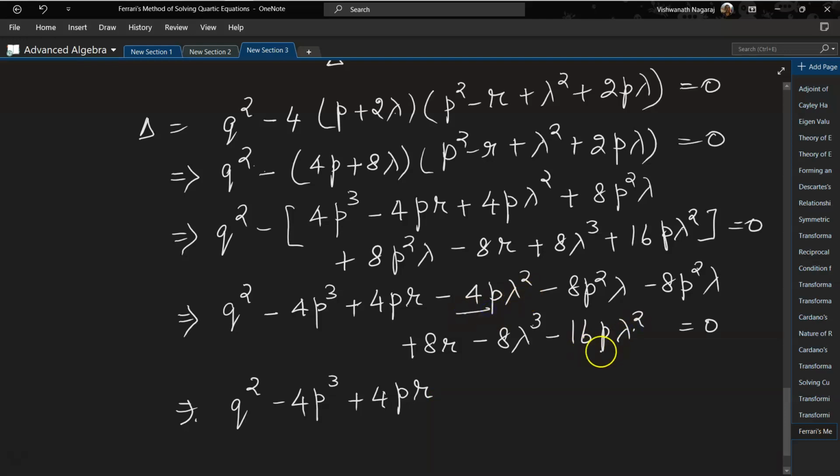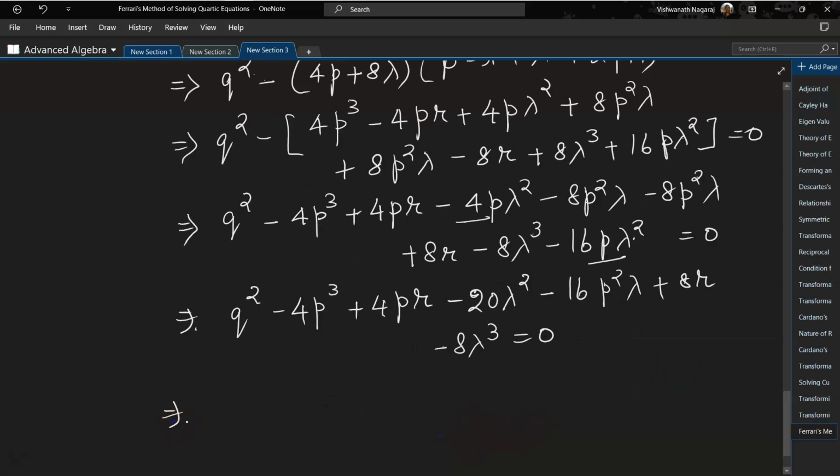Okay, so this and this minus 20 lambda square. Then we have p square lambda, so minus 16 p square lambda. Okay, then we have plus 8r minus 8 lambda cube equal to 0, okay, which implies now let's arrange them